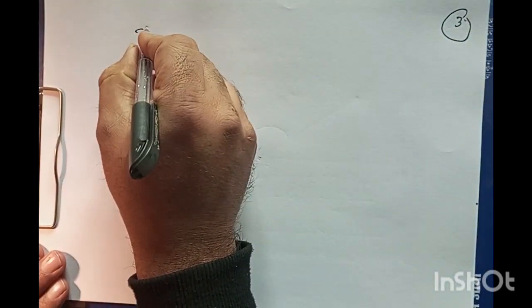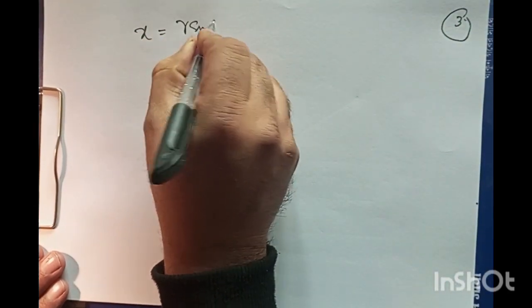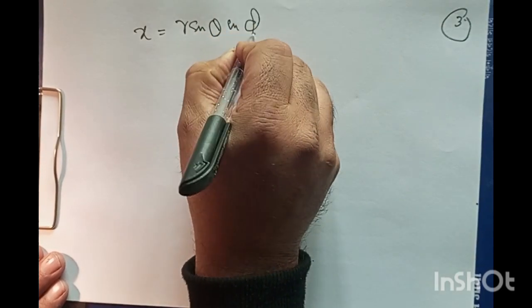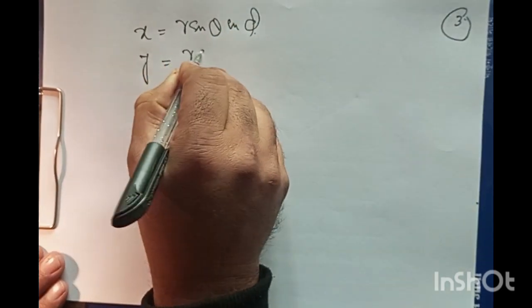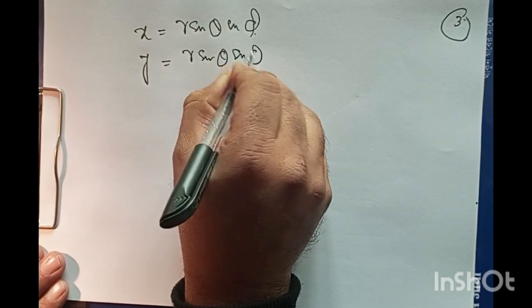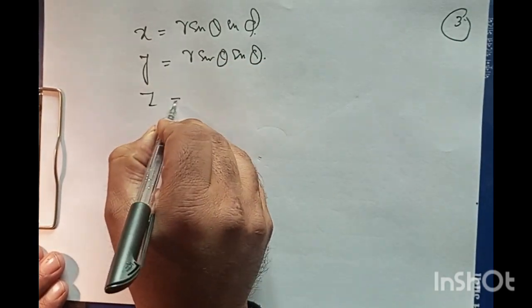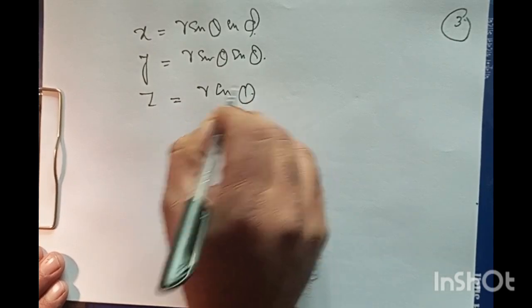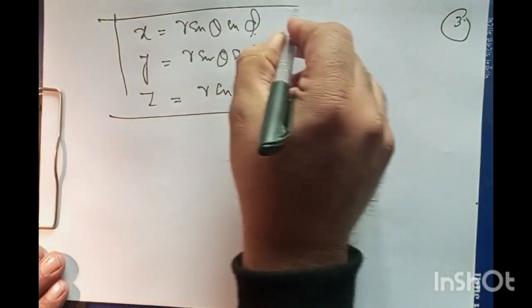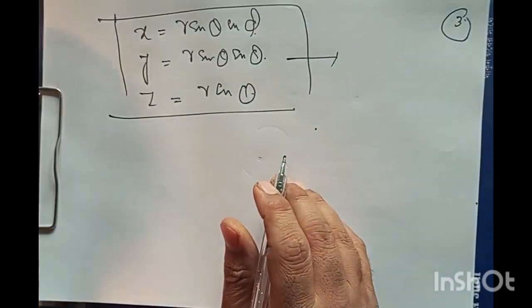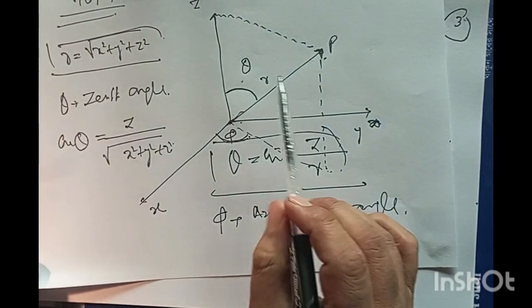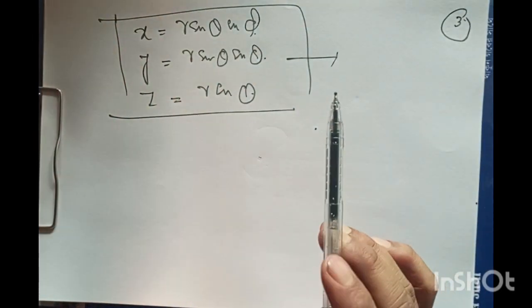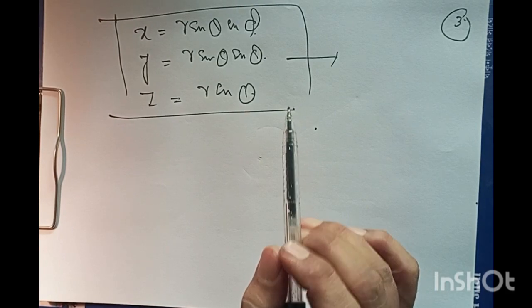For x, we can have simply r sin theta cos phi, and for y we will have r sin theta sin phi, and for z we can calculate r cos theta. These are the set of equations that we can achieve from using right angled triangles and obtaining transformation equations from Cartesian coordinates